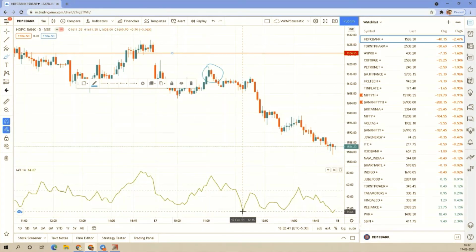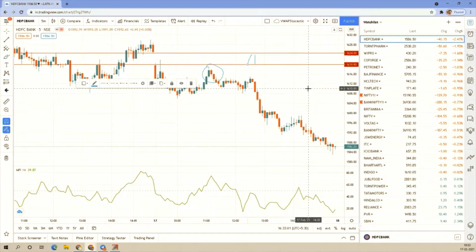that's when you can think of closing the trade. However, even though the money flow index has started rising again, the prices did not go up. So once you're here, you can revise your stop loss to today's first candle's high, to here. Again, you can see it's a lower high. So again it came down. The money flow is coming down. So you keep revising. You can use a trailing mechanism here. Again, this is a lower high.